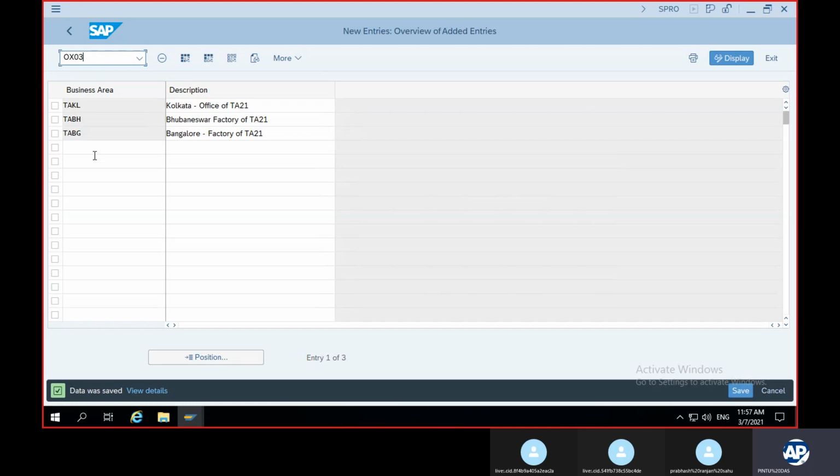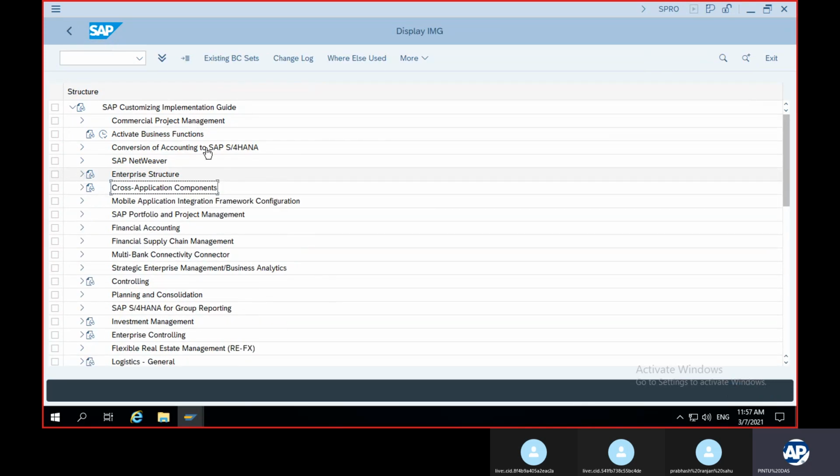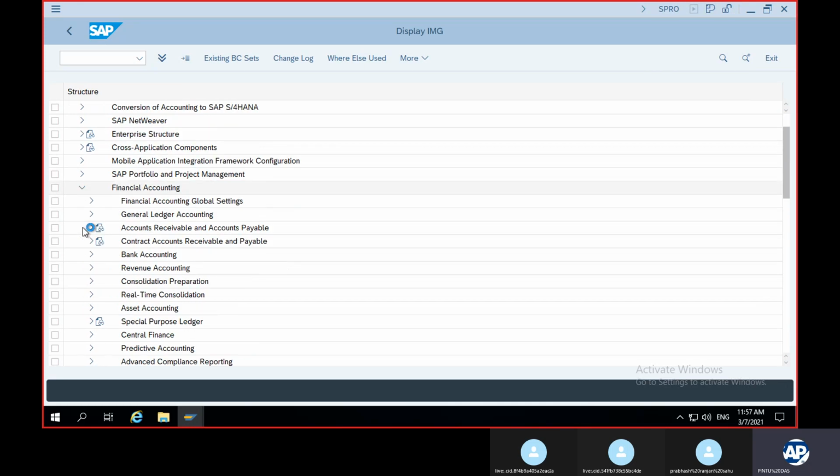Then the next step will be the chart of accounts. You have to create the chart of accounts. Under this chart of accounts, we control the GL accounts, right? The transaction code for chart of accounts is OB13. This is the transaction code for chart of accounts. Let me go to the path. Here we will not be entering into enterprise structure. We will be entering the financial accounting part. From SPRO direct to financial accounting.